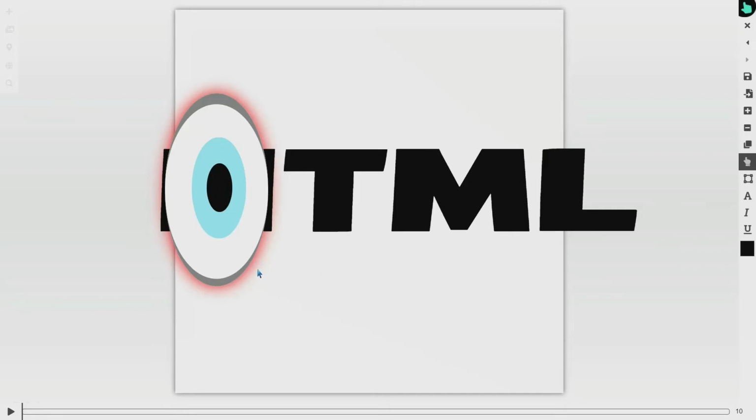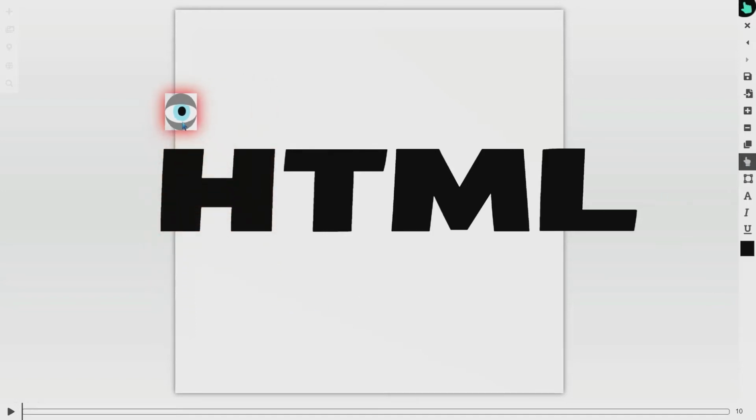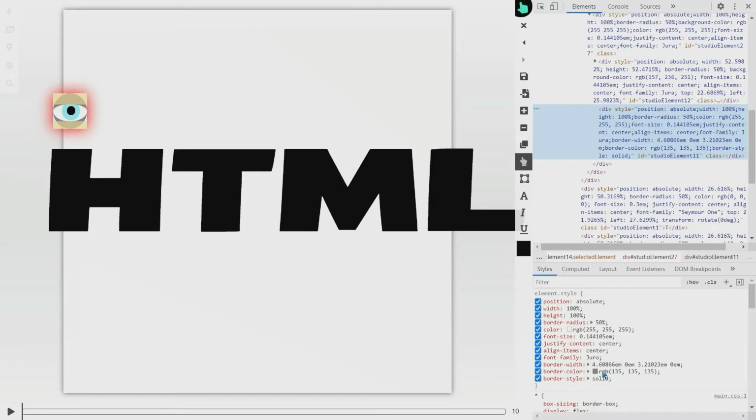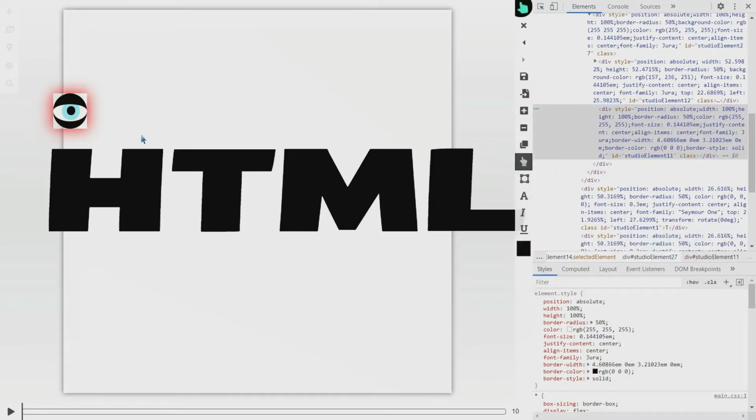Okay, so I want to resize this eye, and also I want to make the color the same as the text, which is just black. Moving this one here,